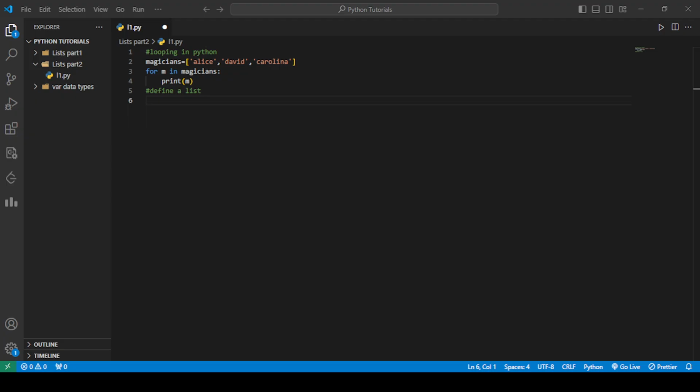All right. So for that, we define a for loop. By the way, let me just comment this whole block out. Yeah. So then we define a for loop, and then I declared a variable m,